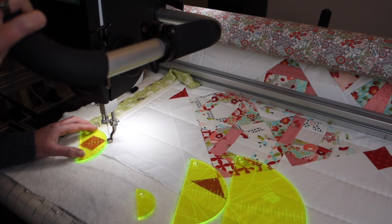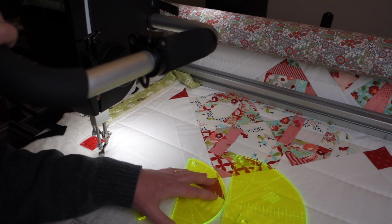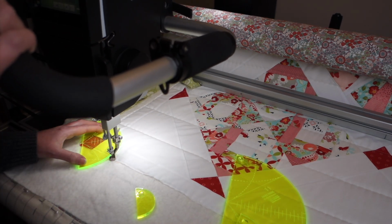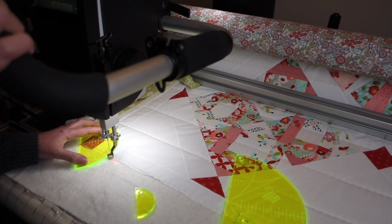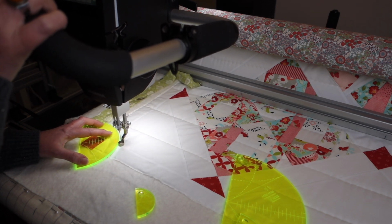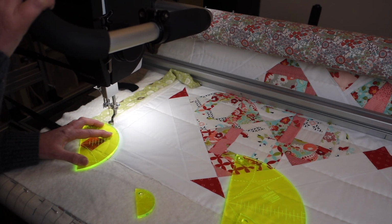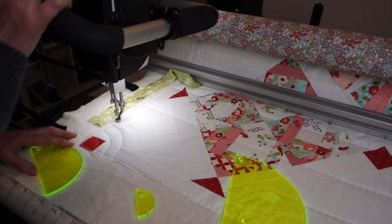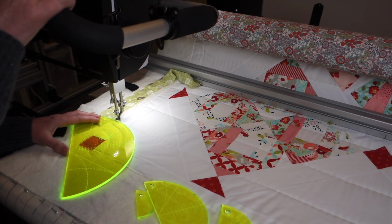and then I can just run the machine along the edge and it will stop. And then we want the 7-inch, so I'm going to move along my quilt until, it might take me a little while to get my eye in, but once we're ready to go. And I'm trying not to put too much pressure on the ruler because it obviously stops it from moving. Just move up, and then I want my biggest one, which is,